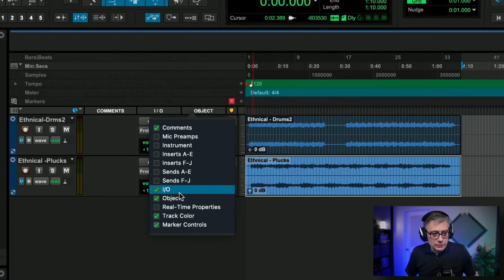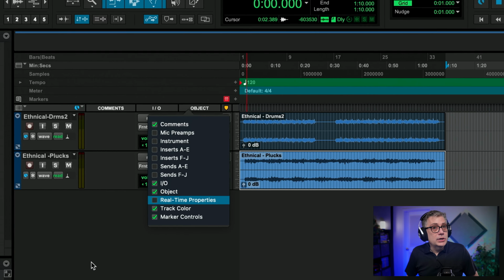A couple of things we need to make sure that we have. First of all, make sure that you see the object category here. If you don't see that, right click here and make sure that this is selected because we are going to work with objects. And then we need to kind of complete the input-output setup. So we are going to go into the setup settings under input-output.